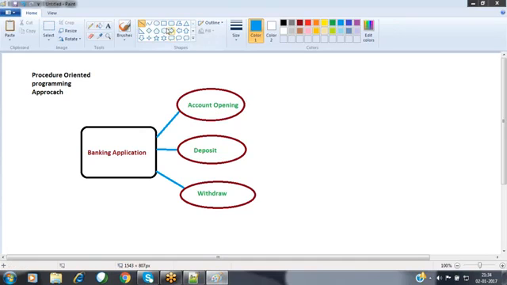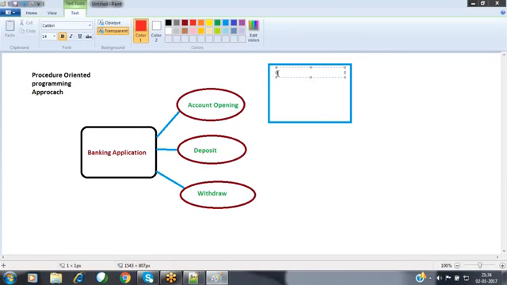Whenever you are opening an account, there are multiple ways available, nothing but multiple types of accounts. We are offering so many types of accounts to our customers.